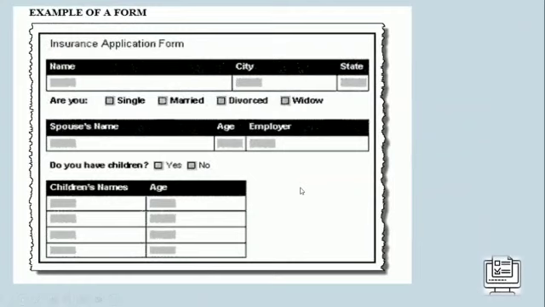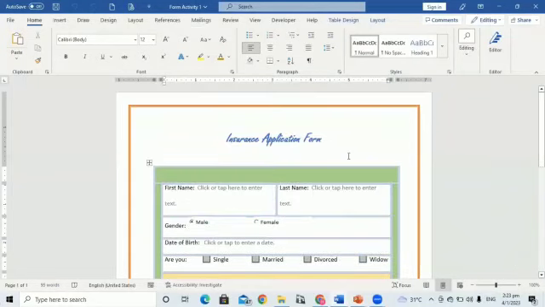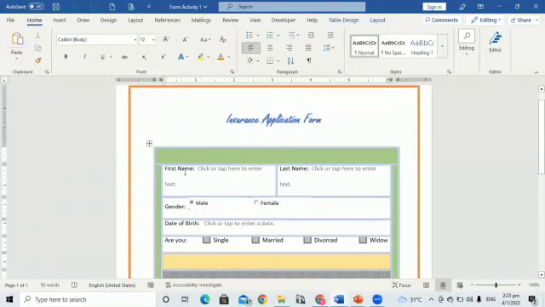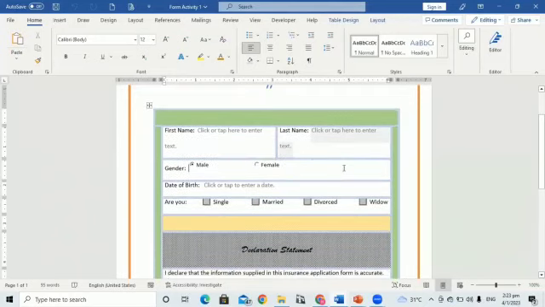This is an example of a form. Note the gray areas are the areas where you enter your data. Here we also have another example in Microsoft Word, and we note that the field names are typed in, and the gray area where you see "Click or tap here to enter text", those are the areas that the user